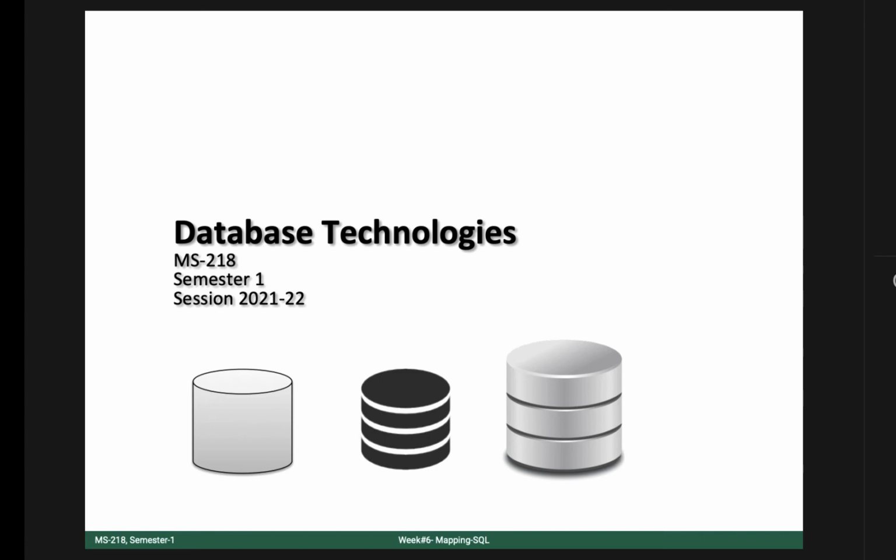But after this class, I hope everyone would be using it, because after mapping we have to create SQL query, DDL, data description language, to create actual tables in the DBMS. And if you are working in Oracle Data Modeler, it's very easy.